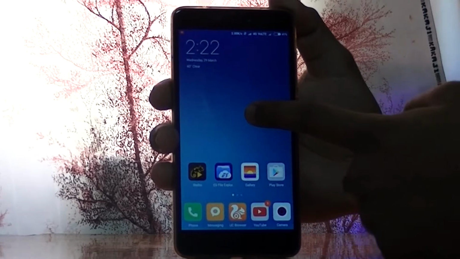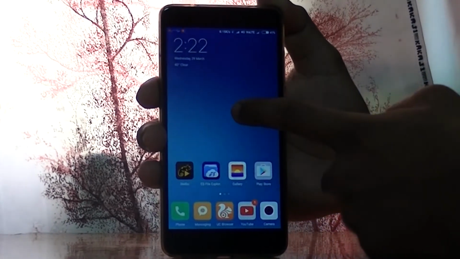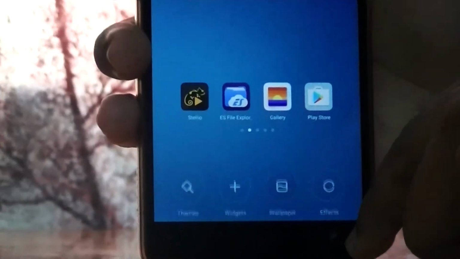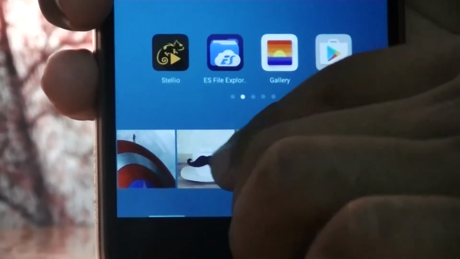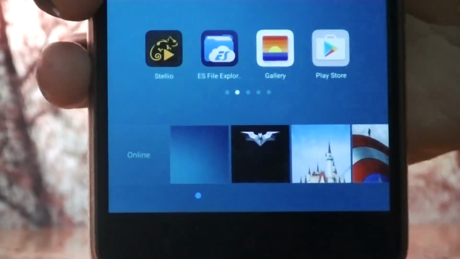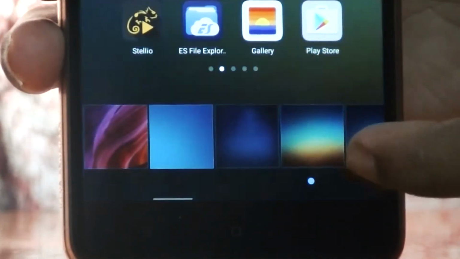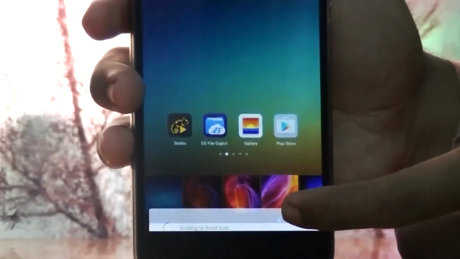It does not actually consume a lot of RAM when it comes to MIUI, and regular new updates of MIUI always improve the versions. I really like MIUI, but still when it comes to